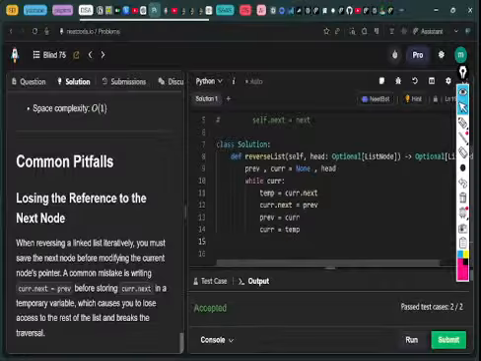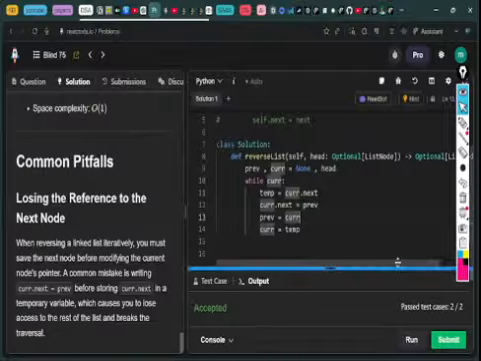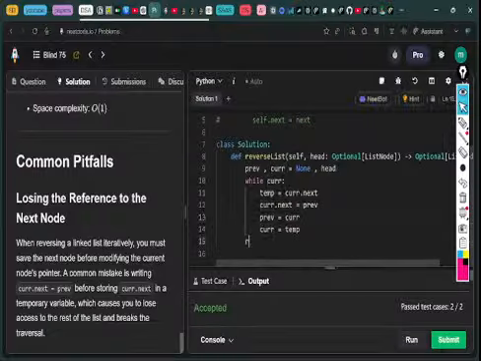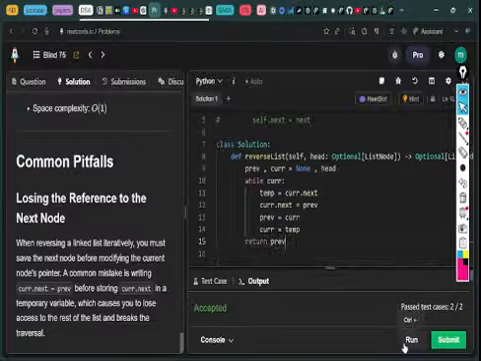This will point backwards every time. At first it points to nothing, and in the second iteration it will point backward. That's what's happening, and I need to return